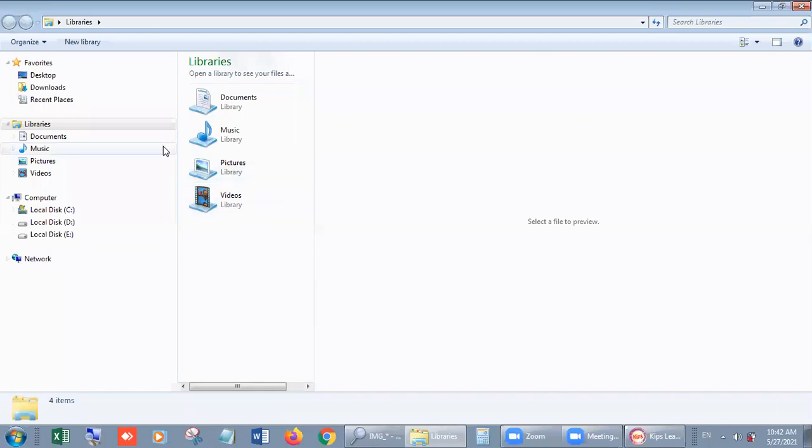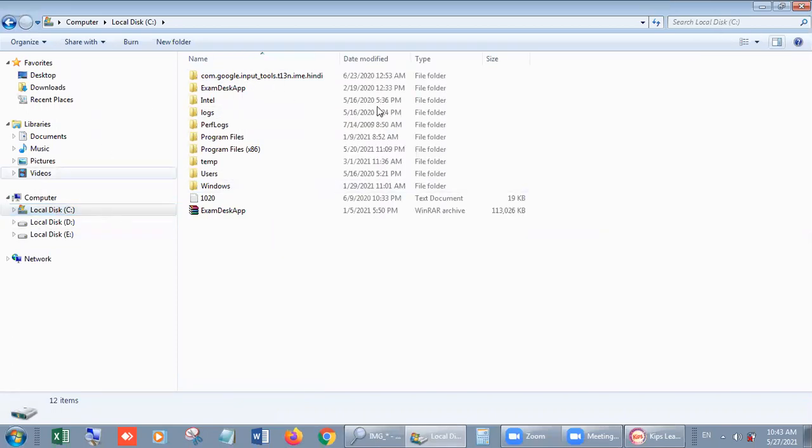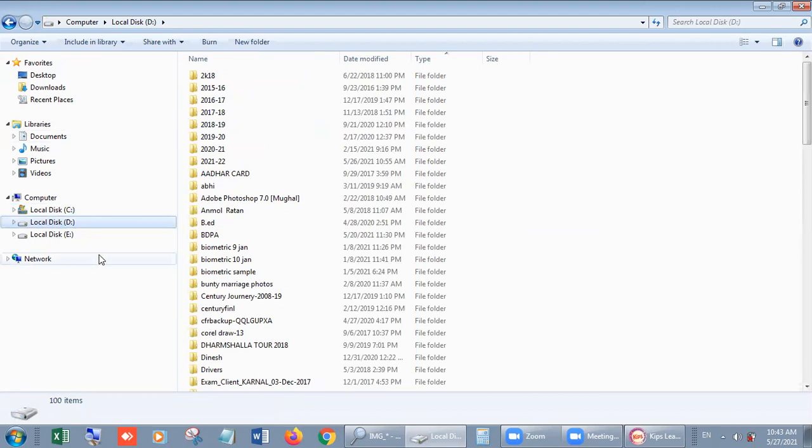It has two parts, two sections. First is the one in which we can see our drives, just like C drive, D drive, and E drive. These are the sections which I told you about two minutes ago, right? And the other side is the display side, means whenever you click on any drive, the files stored in it will display at the right hand side. The left side is called the tree pane. Pane means P-A-N-E, means part, right?